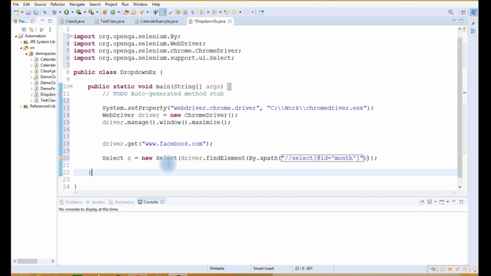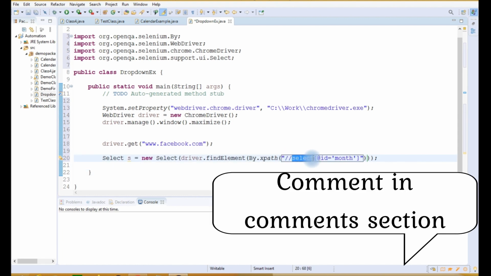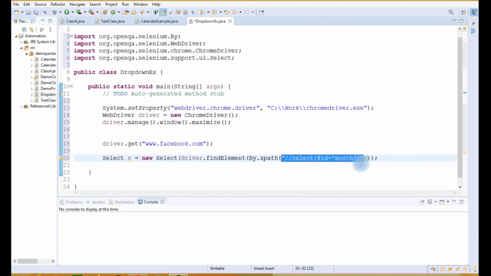As you can see, now the error is gone. The XPath which I have copied has the select tag present in it. This is the XPath for that drop-down. This object will automate the drop-down which is present for this locator. That's why we have to give the locator for the drop-down which we have to automate using the object.